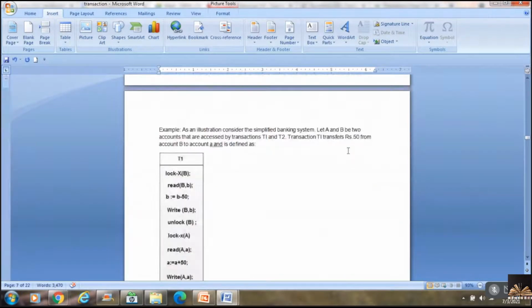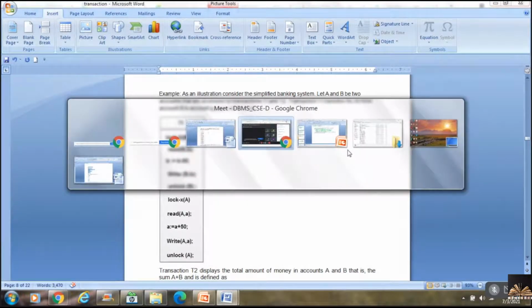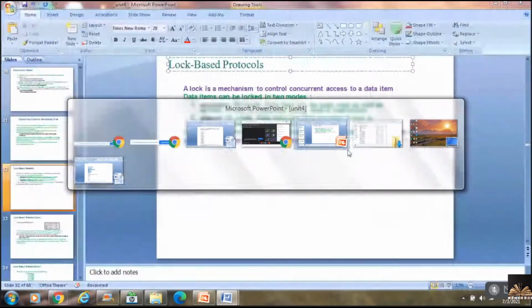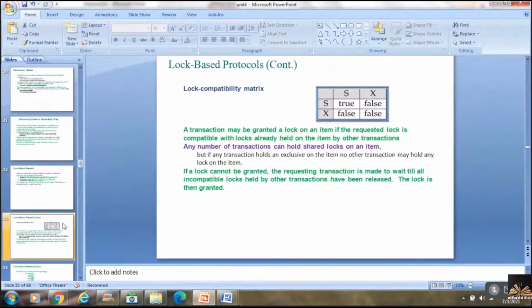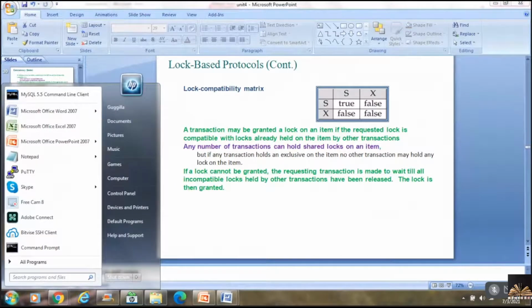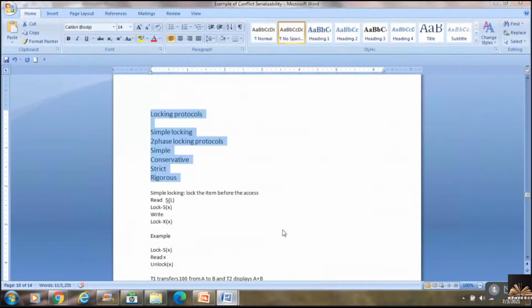Now, in the previous case, we were directly working without any locking mechanisms. Now here we have to apply a locking mechanism in order to work with database items.